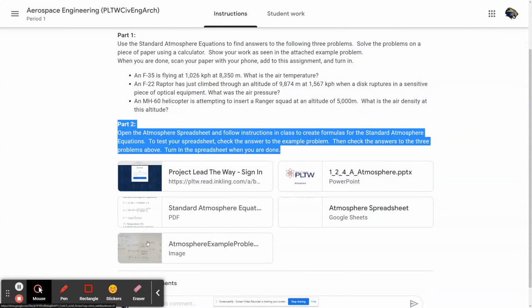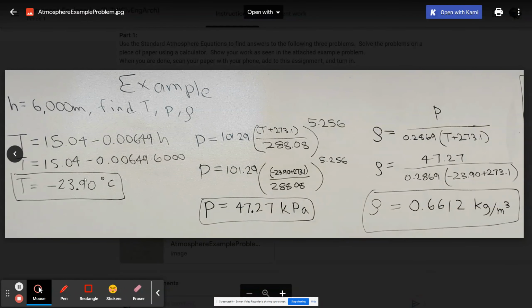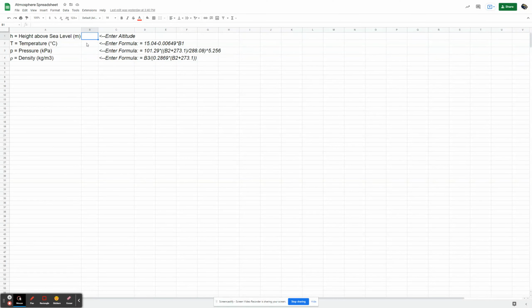Here it is, the example problem, minus 23.90. And that's what I got in here. There it is, 23.90. Okay, cool, great. So then we're going to do the next one. The next one is equals